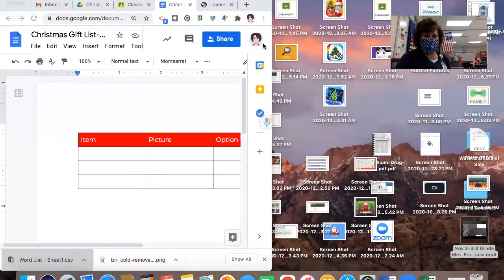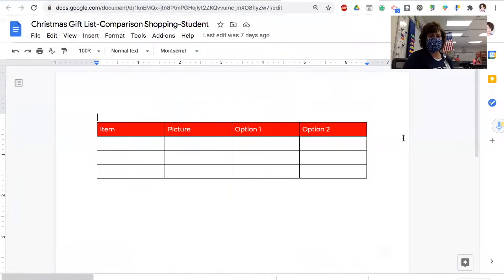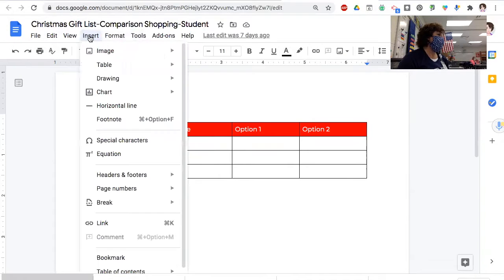And I believe this is what we were able to do the last time. So let me share my screen so he can see what we're doing here. He's not here, so we're recording it and I'll post it later. Okay. So Carter, you are creating a table by going under insert and table, and we created